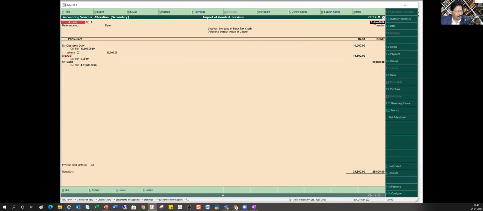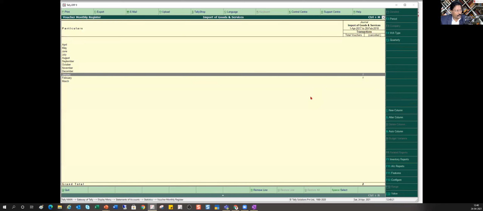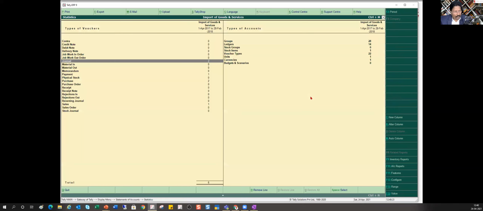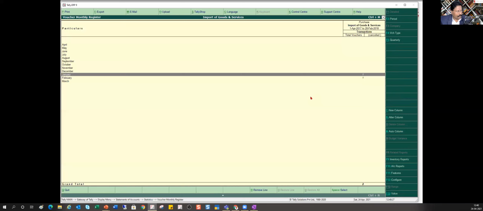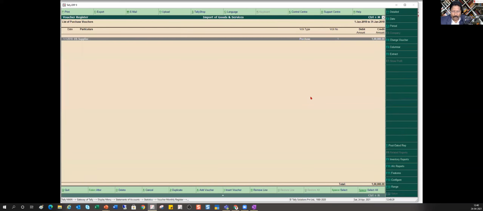Now my IGST is my tax ledger. I am directly debiting it. But now I want that impact of this 10,000 rupees to be forming part of my assessable value also. So for that, this is one extra step that you have to remember and you have to do. For you to do this, you will come to your purchase entry, right? You will come to the, it's basically an alteration mode.